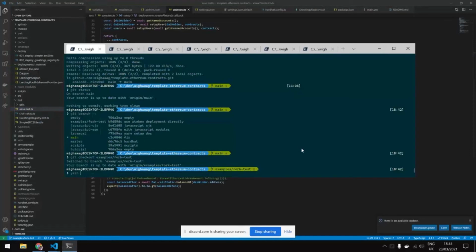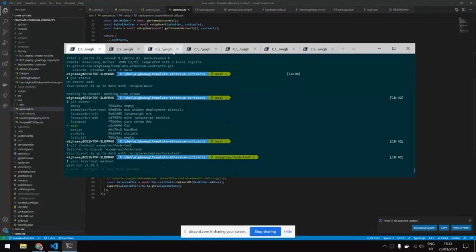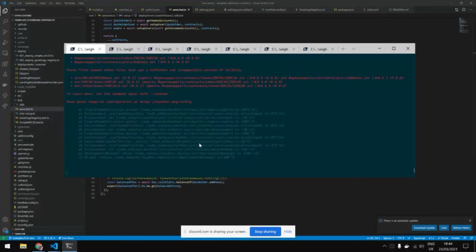But to make it easy, I made it as easy as a fork test: you specify which network you want, and then you execute. There are more tests in this repo than the Aave test, but it will also execute your local tests on mainnet.